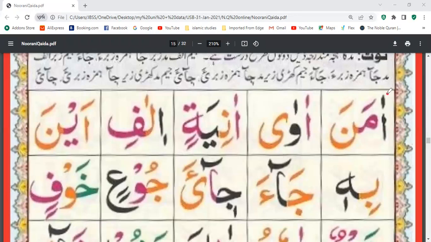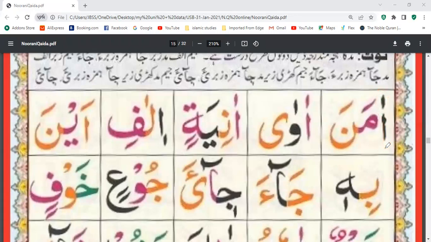Bismillahirrahmanirrahim. Okay, try to read this. Alif zabar a. Which zabar? Standing zabar, khada zabar.